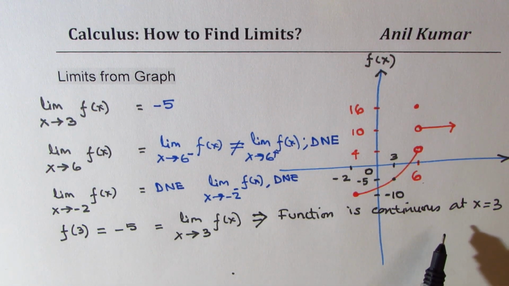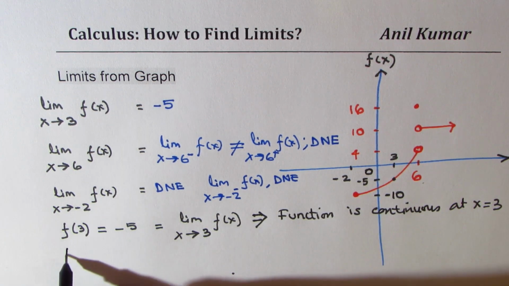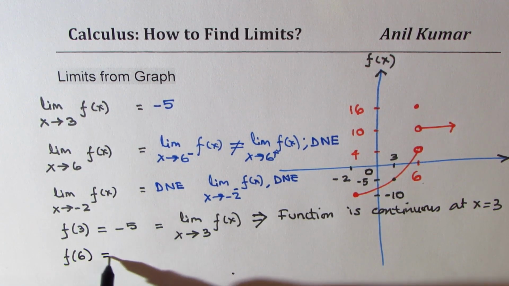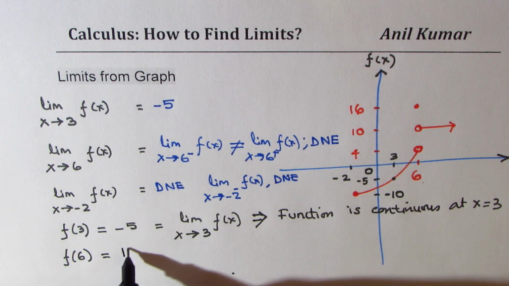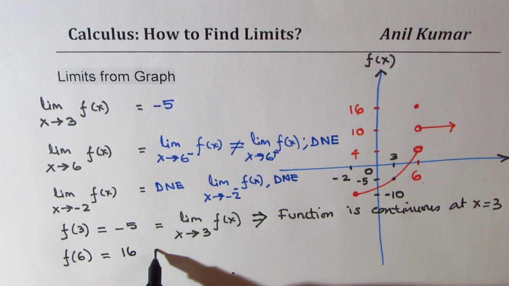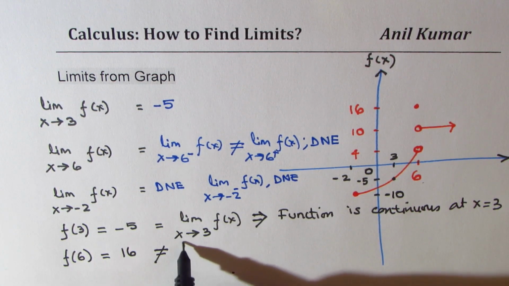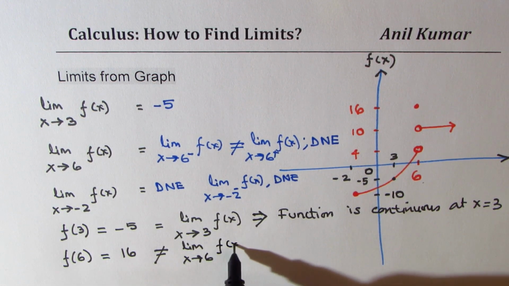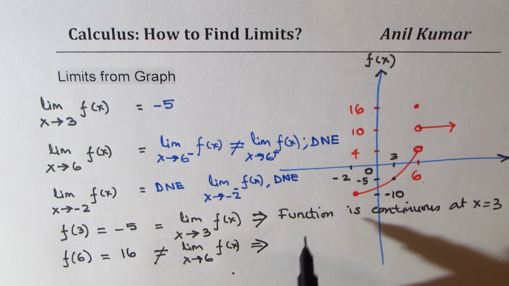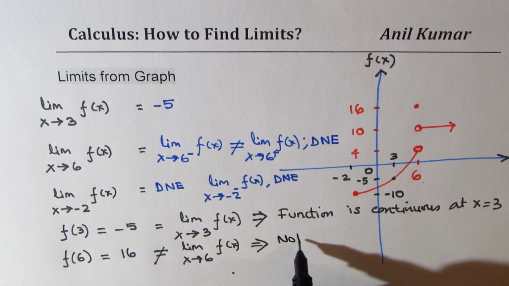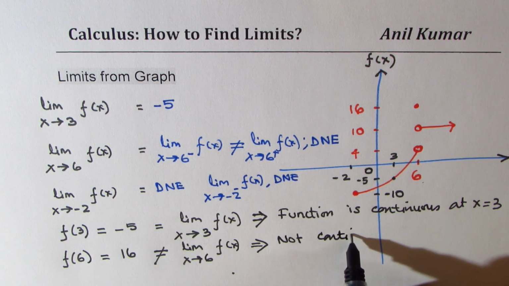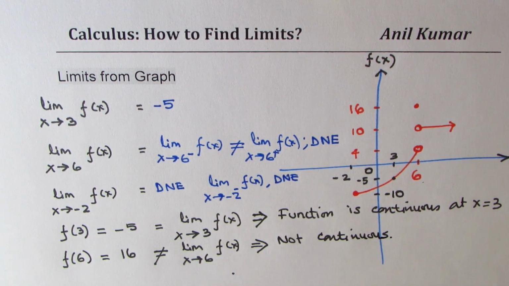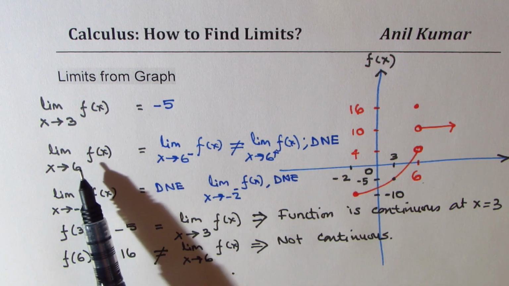Now, what is the value of the function at 6? At 6, the value of the function is 16. Do you see that? And it is not equal to the limit of the function as x approaches 6. That implies that the function is not continuous. You agree with me, right? Now in this particular case, since the limit does not exist,